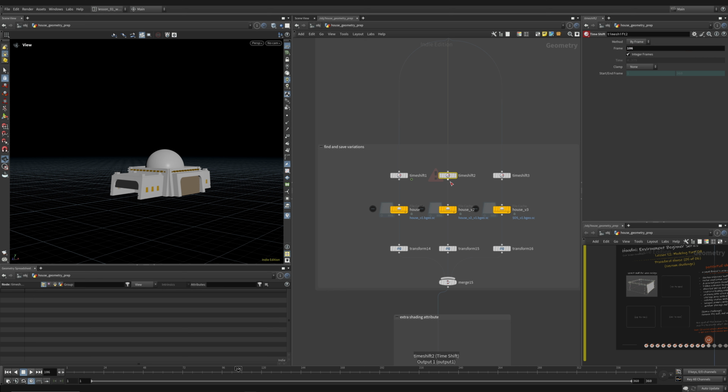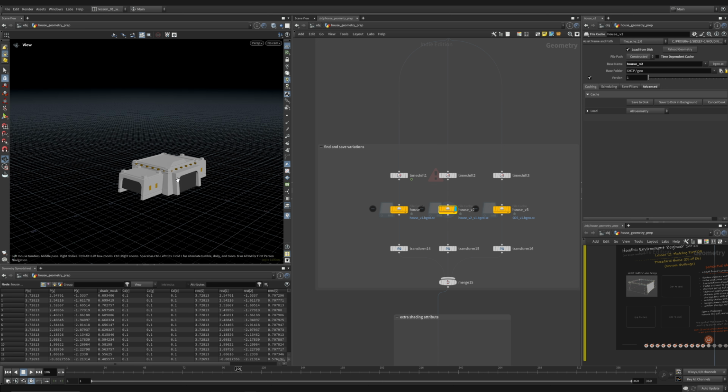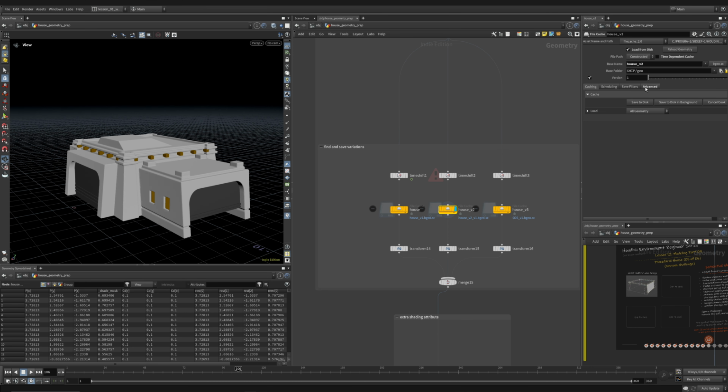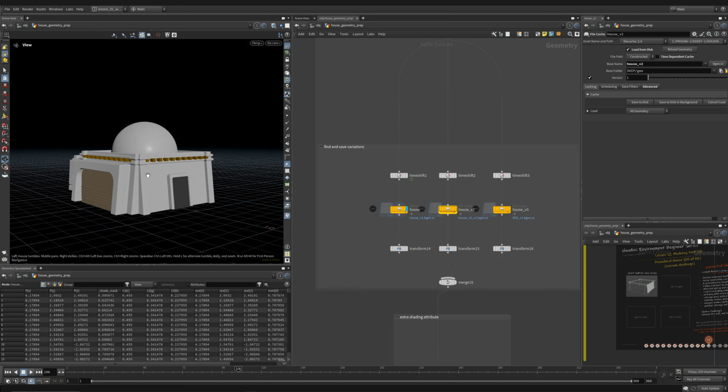Then I'm going to hit escape again to cancel that cook. Select the cache, hit escape one more time. And now it's loading in this geometry, which is the old one. And what I want to do is I want to recache. So I'll save to disk and that will recompute everything above and save our new building. We'll give it just a few seconds and there we go. So now I've got one house here,